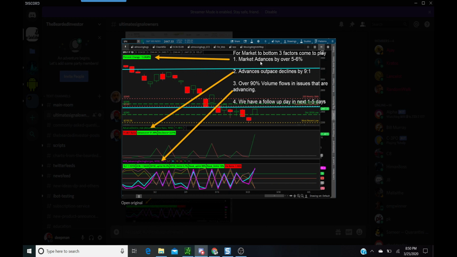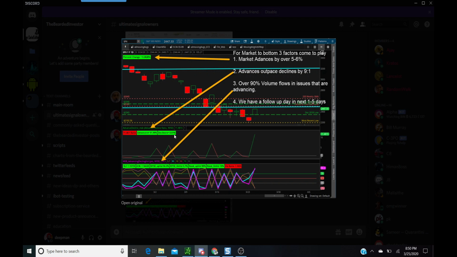The first thing is that the market advances by over 5 to 6%, which was true yesterday. The advance outpaced the declines by 9 to 1, right? So this is just the total number of issues or stocks that are advancing versus the total that are declining. So if you have a total of 10 stocks, 9 are going up and 1 is going down. So that's the kind of day you want to see happen in the market, which happened yesterday, right? So in this case, we can see 91% issues were advancing and about